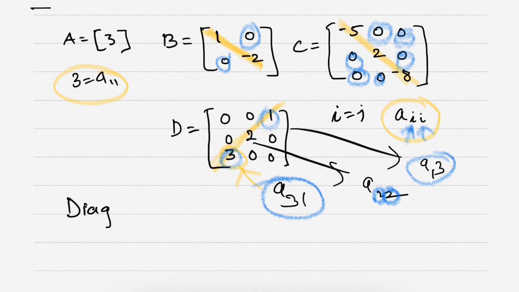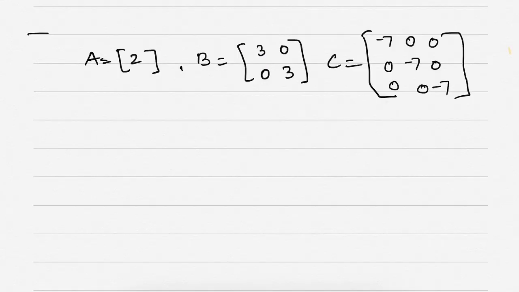What do you call it? Diagonal matrix. Now the next set of matrices. What is common in A, B, C? Same. All elements except the diagonal are 0. One more similarity. What is the similarity? All the diagonal elements are equal. So a diagonal matrix with all diagonal elements equal is called a scalar matrix. A, B, C are scalar matrices.